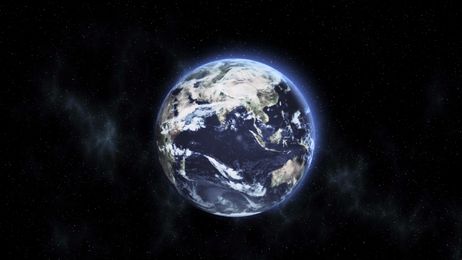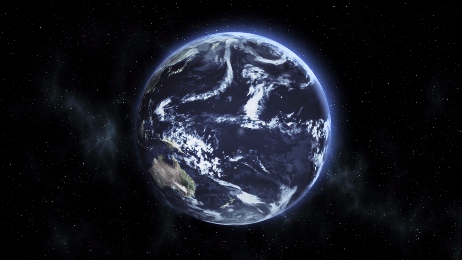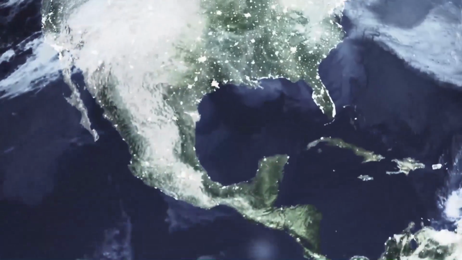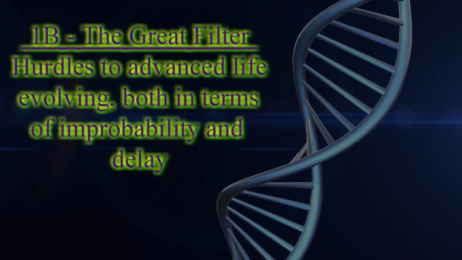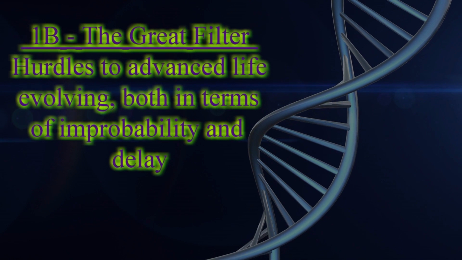Now as I mentioned, there's no cutoff between rare Earth and our next category, the Great Filter. So those who feel physical conditions aren't quite enough, just keep going into these. Category 1b, the Great Filter, often actually refers to a single specific hurdle that is the biggest problem for life developing, but just as often means many of them.